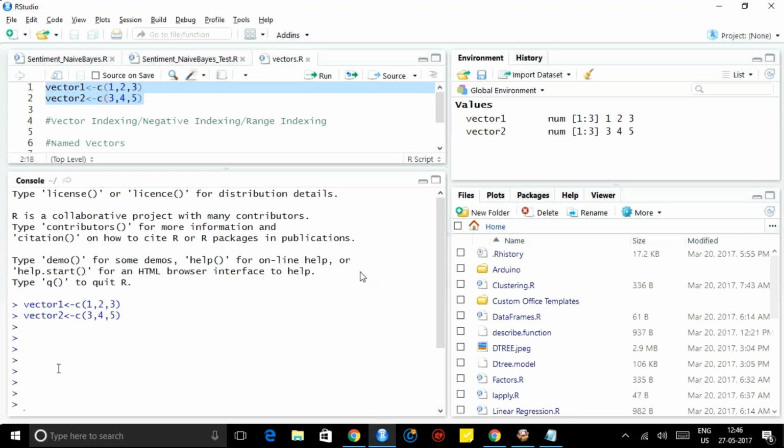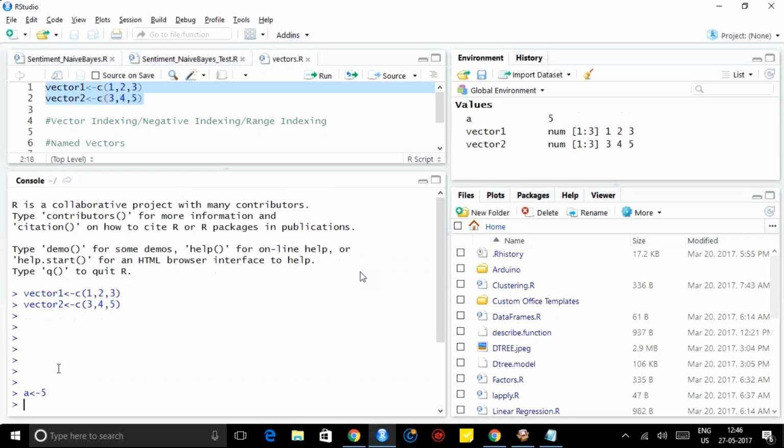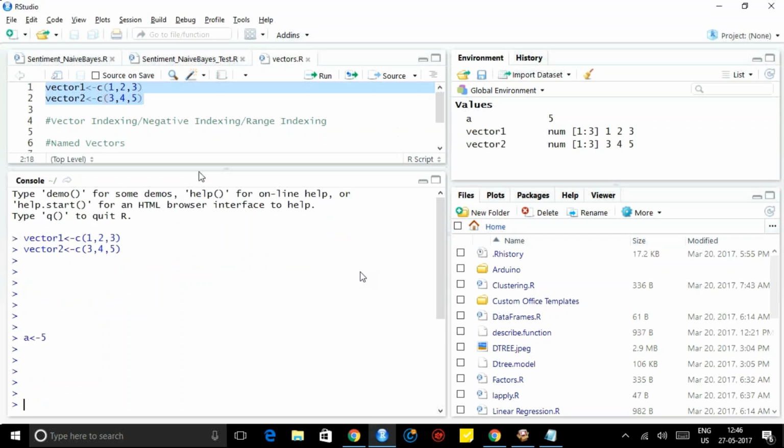Before going to that, let me show you how to assign variables, basic syntax and everything. So A, for example, you want to assign it to 5. That's it. A is 5.